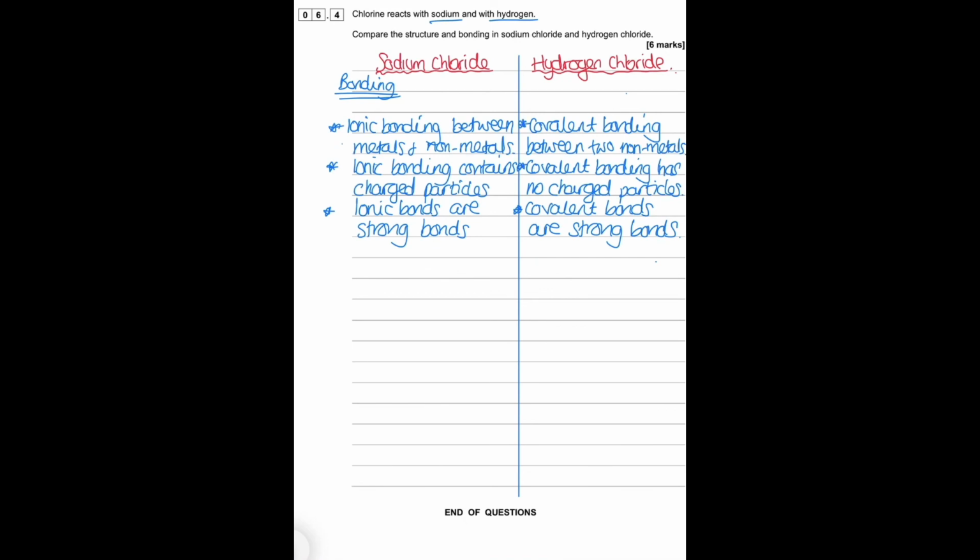Okay, so now if we turn our ideas to the structures. For sodium chloride, we have a giant ionic lattice, whereas for hydrogen chloride, we have simple covalent molecules,